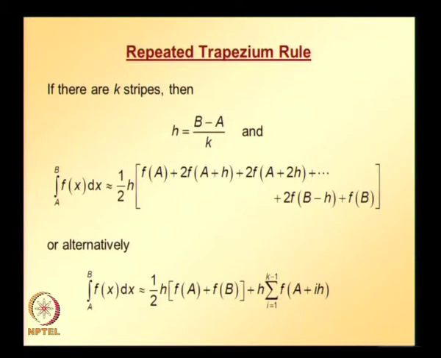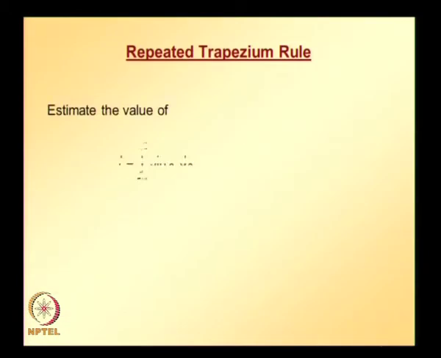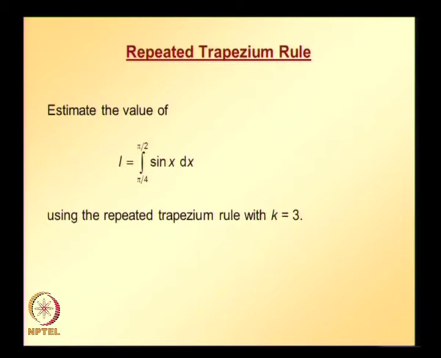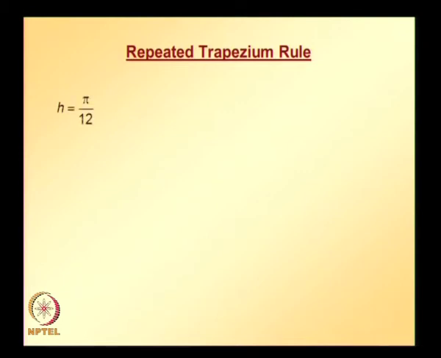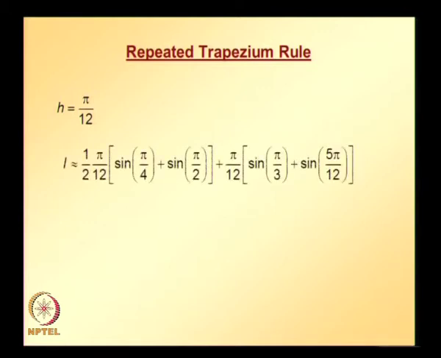So, the previous example which we already considered can be solved using the repeated trapezium rule with k equal to 3, applying this formula. The only thing is we need to know what is h here. h is going to be upper limit minus lower limit divided by k. So, doing the calculation, it turns out that h is equal to pi over 12 for this problem, and applying this formula we get the approximate value of the integral